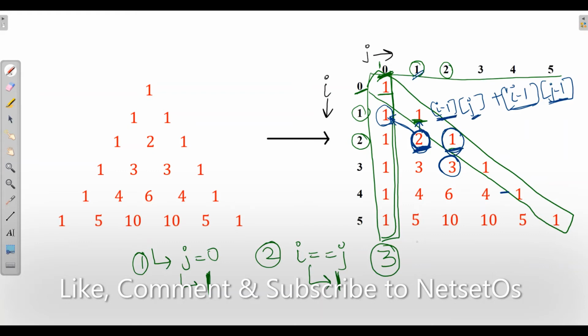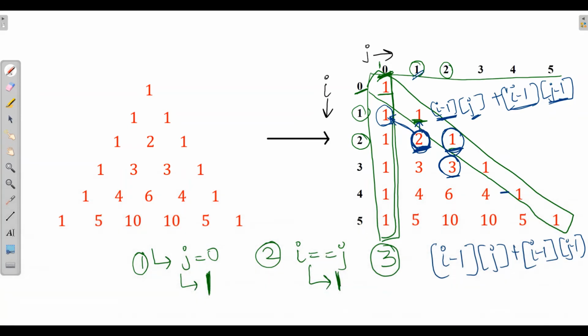So the third point in our algorithm will be to define this number as i minus 1, j plus i minus 1, j minus 1. So these 3 points will constitute the whole program. Let us see by writing a program on PyCharm. So for this I'll go to PyCharm.